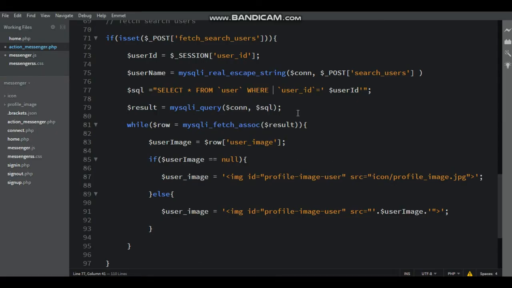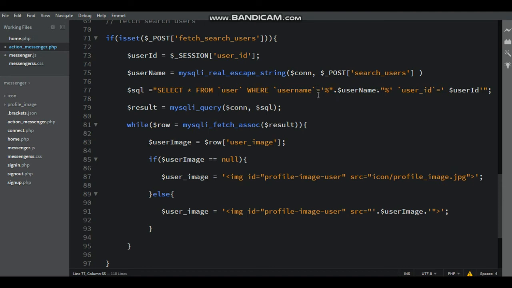Here where username equal to, inside single quotes, inside 2%, and then inside double quotes using dot to concatenate and paste $username.